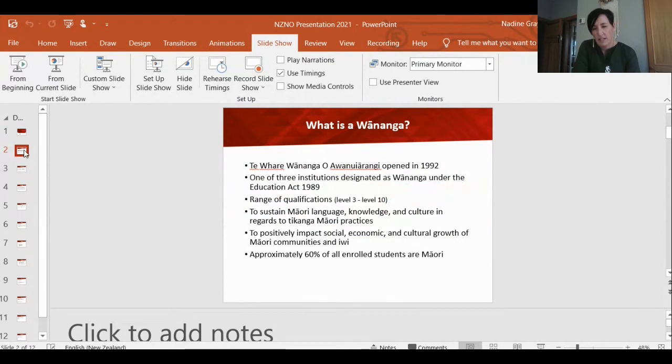Awanuiārangi is part of the wider regional Bay of Plenty community, and it has a responsibility to positively and proactively contribute to the local community and its interests. The Wānanga as an educational institution is characterised by teaching and research that maintains, advances, disseminates and assists the application of knowledge regarding āhua Māori. It enables tauira, students, to take a journey of discovery, of reclamation of their sovereignty, and it also establishes a quality of Māori intellectual tradition alongside the knowledge bases of other educational institutions.